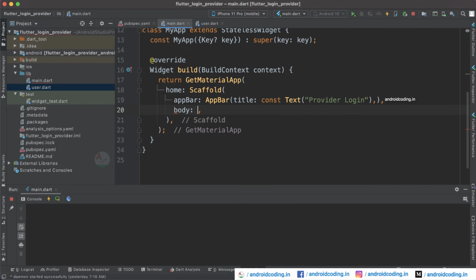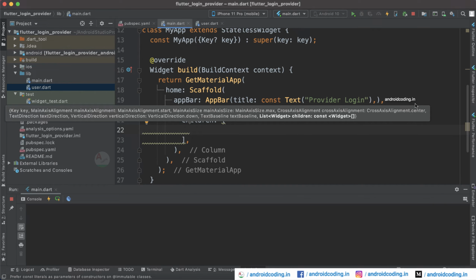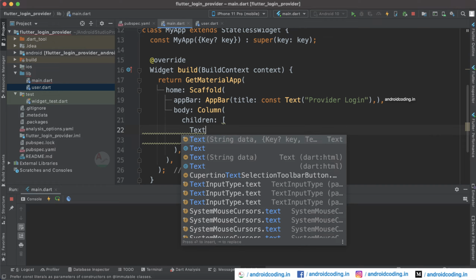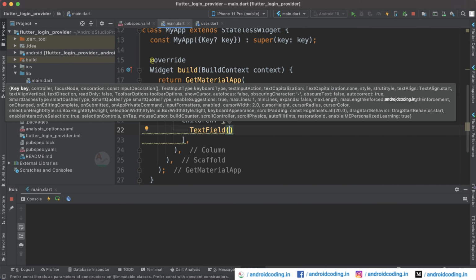And inside the body, let's consider a multi-child widget, that is column here. And here multi-child means we can add multiple widgets to a particular column, and when you consider a container you will be just having a single child. So these are again basics, and if you require these basics, then you can just go through our complete Flutter playlist. And here I just want to have two text fields. So the first one will accept the username and the second one will accept the password, and later we'll be having a login button to process this information.